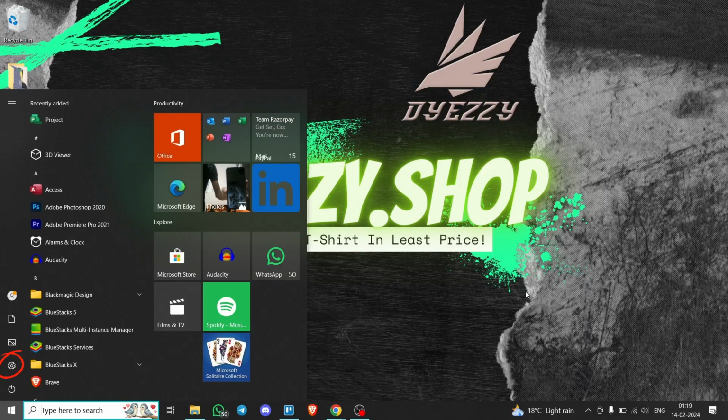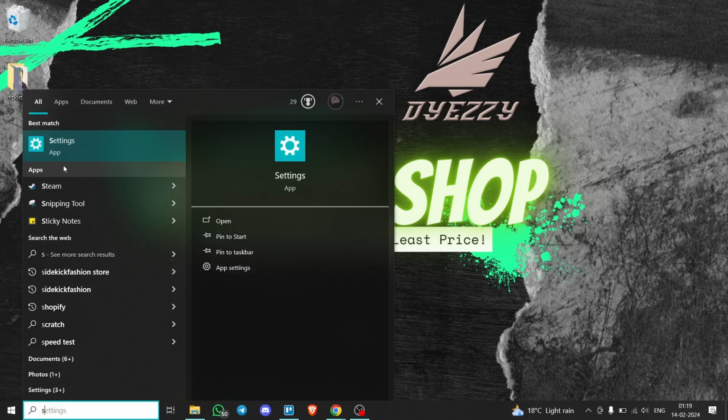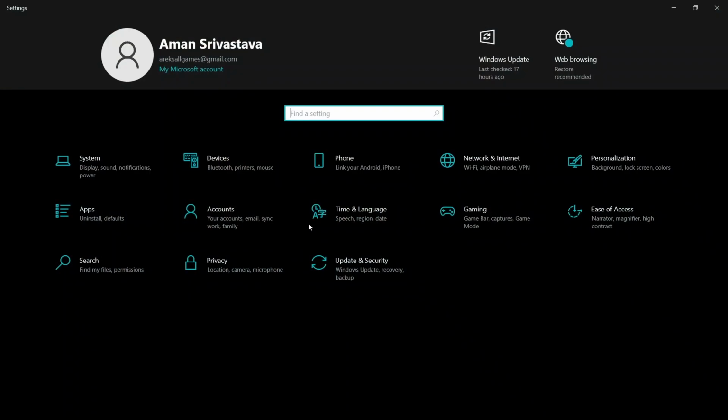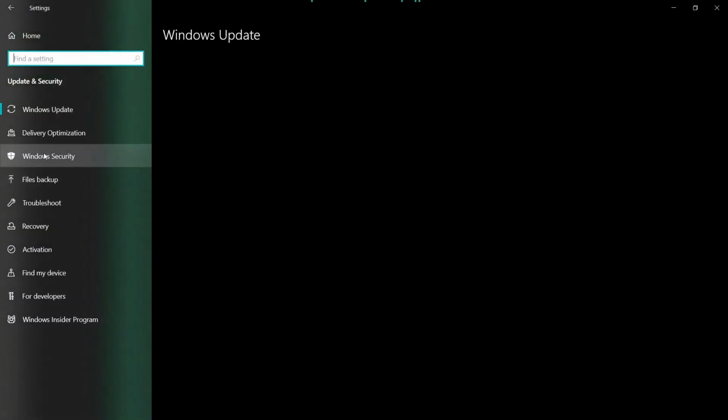Begin by opening the Start menu and clicking on Settings. This will give you access to various system settings that can help address the error. Within the Settings menu, locate and click on Update and Security. This section is crucial for managing system updates and security settings, which can impact how your system interacts with files